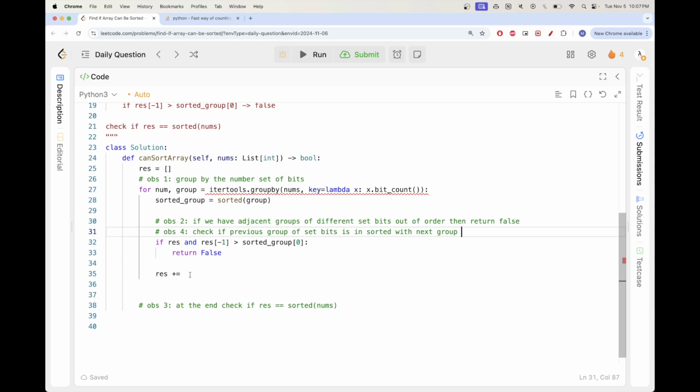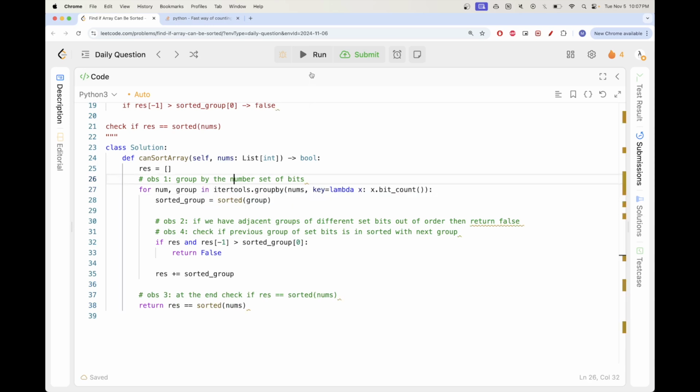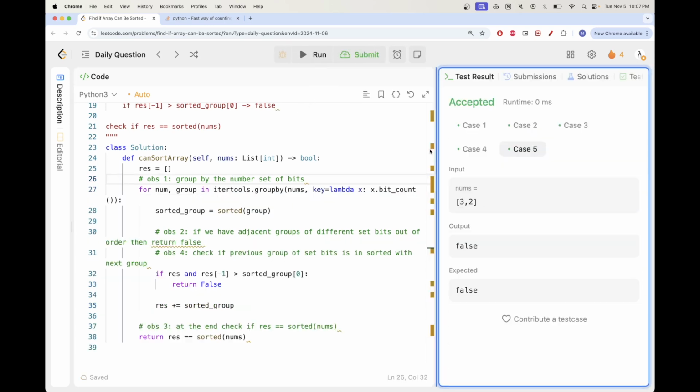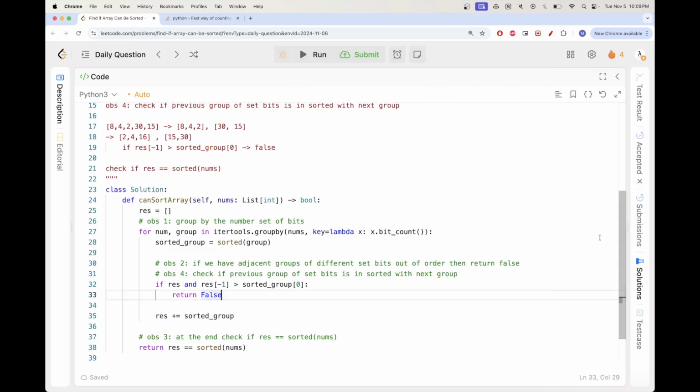And then what we can do here is just add the sorted group for the next iteration. And then after that, we want to check at the end, just return this. And that should be it. Now this is a for loop, so it should be indented like that. And we can run this, looks good, we can submit, and it gets accepted. Yeah, so that's pretty much it for this problem. Thanks for watching, and see you on the next